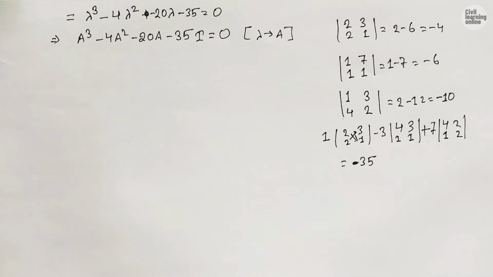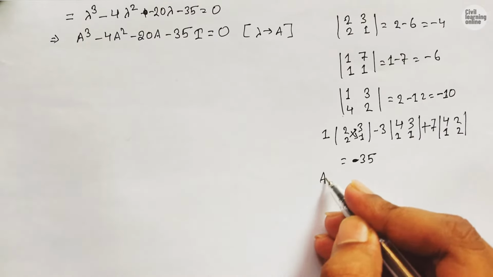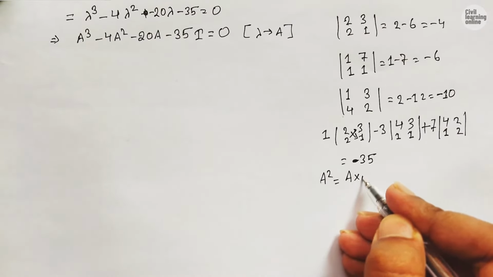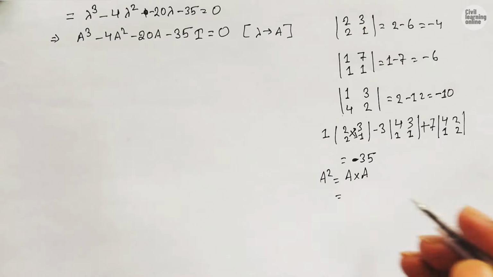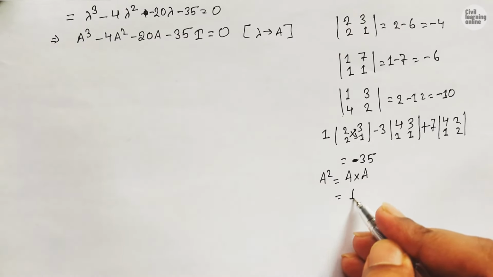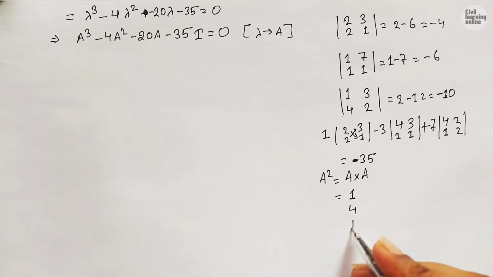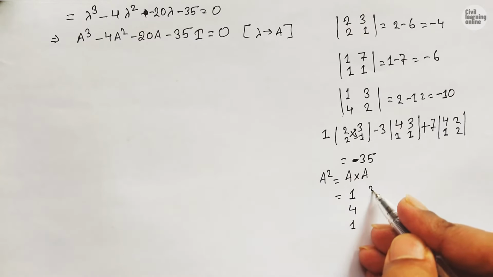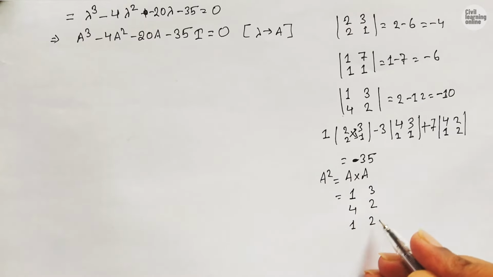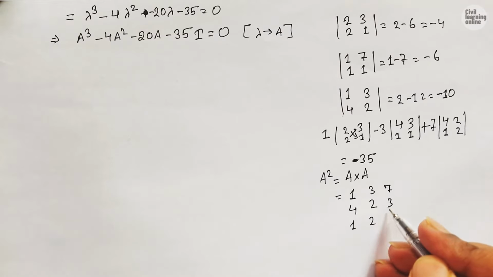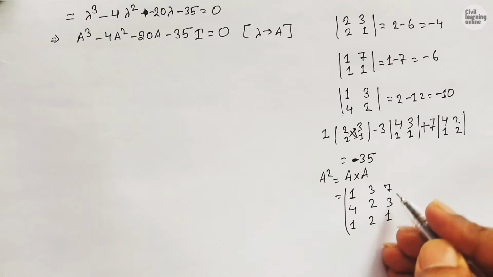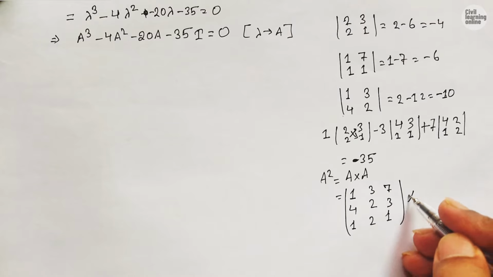So let me show you a little bit. A square means A times A, so we have to multiply the same matrix A with A. Matrix A is 1 4 1 3 2 2 7 3 1,